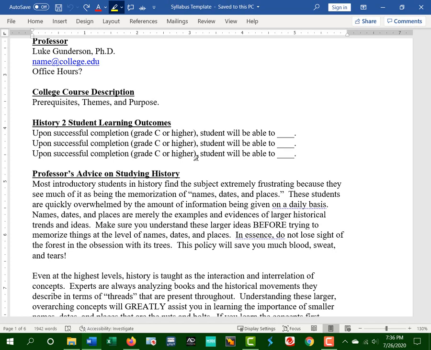And I do have study guides posted on Canvas in the files page for each exam, so it gives a kind of list of the things that are open season for the test. But when you think about how to study and try to memorize those names, dates, and places, a lot of